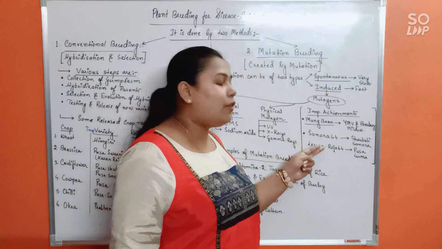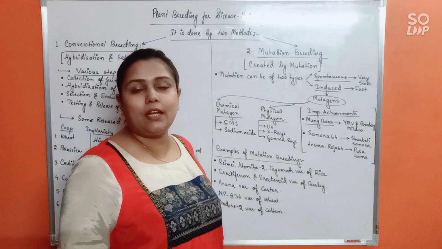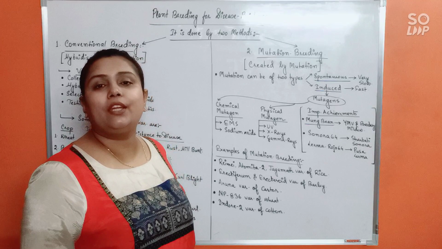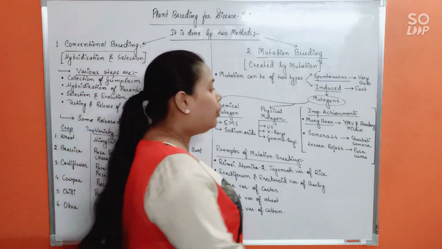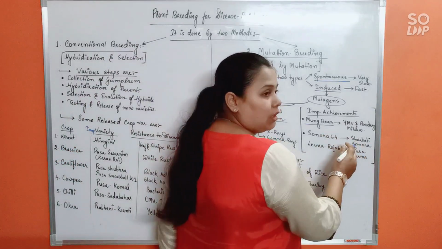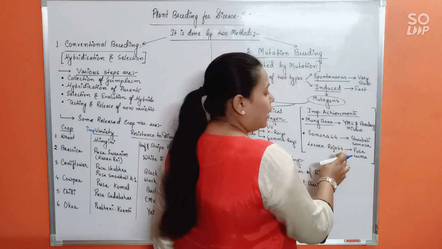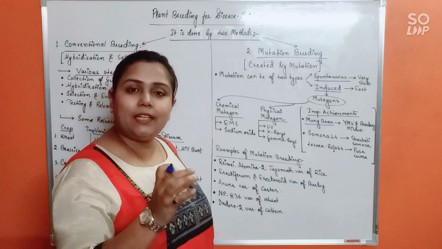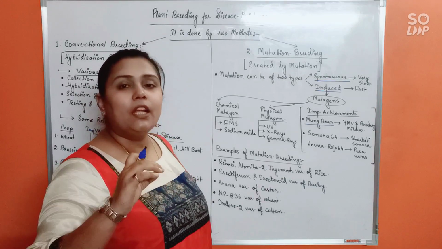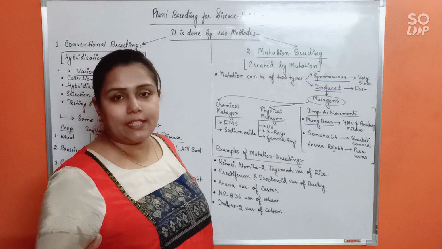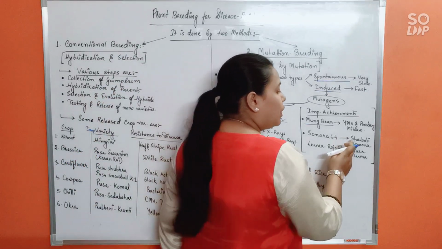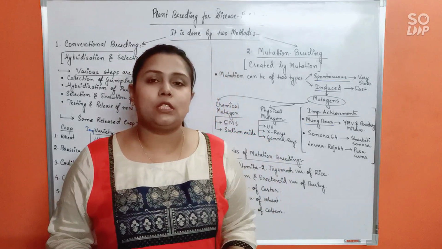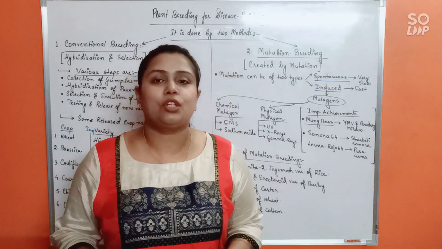Also about this you know very well. We have already discussed it under Green Revolution. Sonora 64 and Lerma Rojo 64 were red grain dwarf varieties of wheat which were changed by gamma radiation into amber grain. Amber means golden yellow. From the red grain variety, they were changed to a golden yellow variety. These varieties were Sharbati Sonora and Pusa Lerma. These two were very much responsible for bringing about the Green Revolution in India.